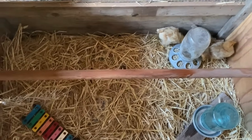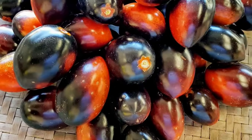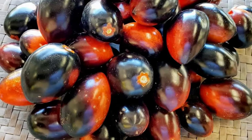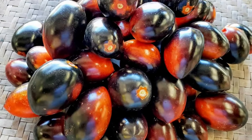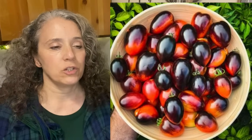And then another thing is that I wish I would have taken a picture of them, but Misfits Market had these midnight Roma tomatoes. They're organic and they were so pretty. So I gathered a couple pictures from the internet so you can see what they look like. Maybe some of you have already grown them, but I bought those just so I could save seeds from them so I can try planting them this next year, because I haven't grown Romas in a couple years,